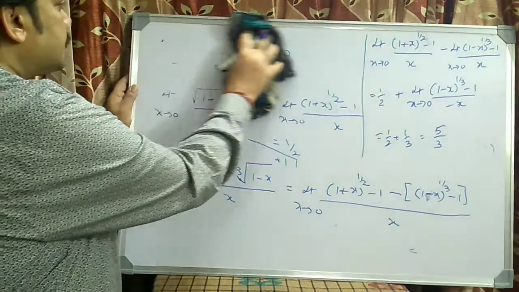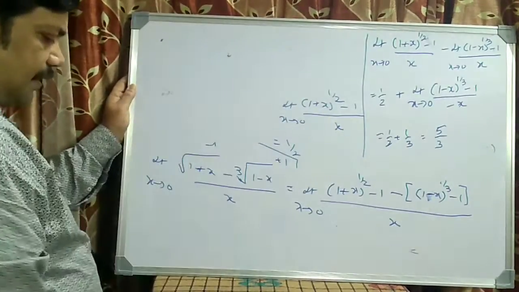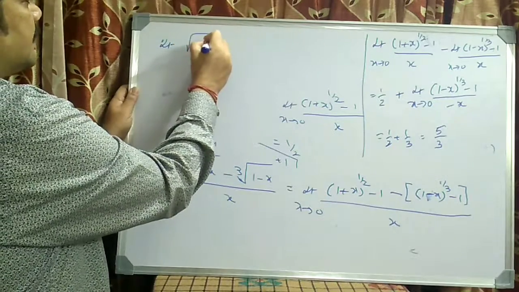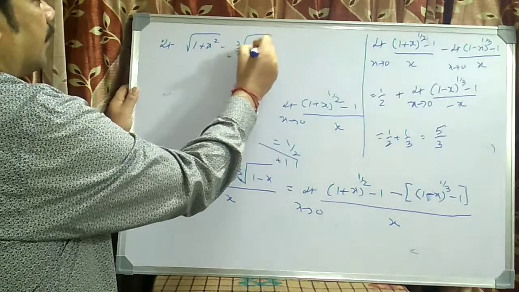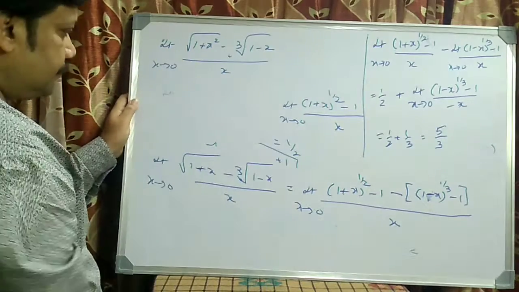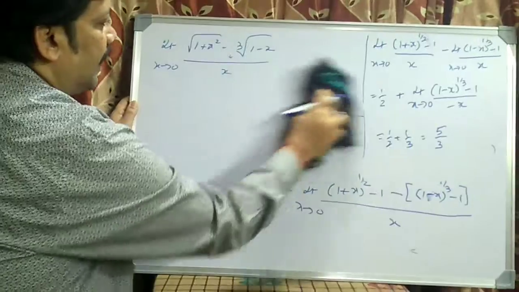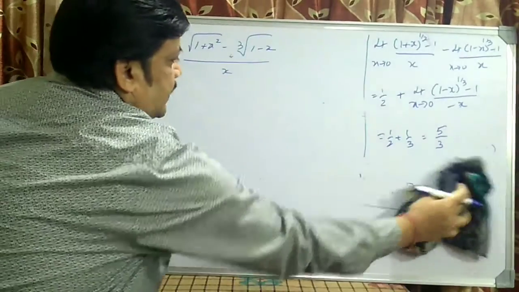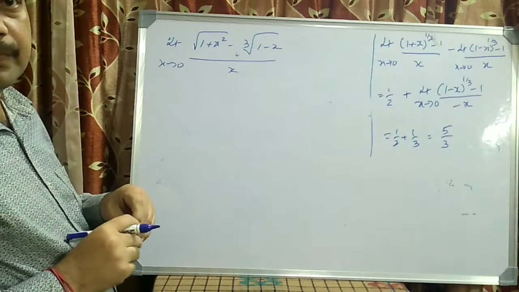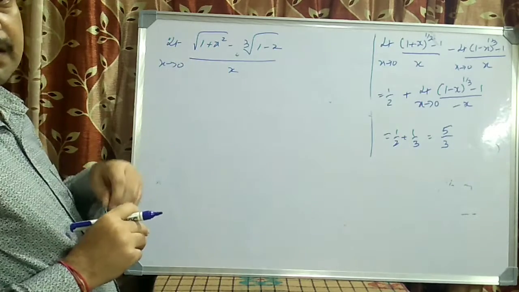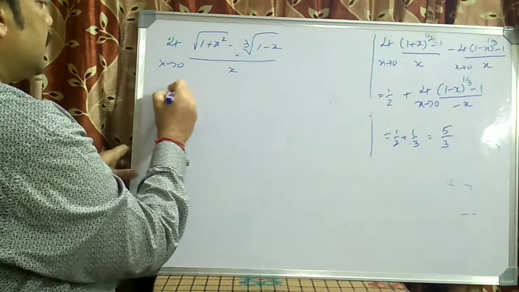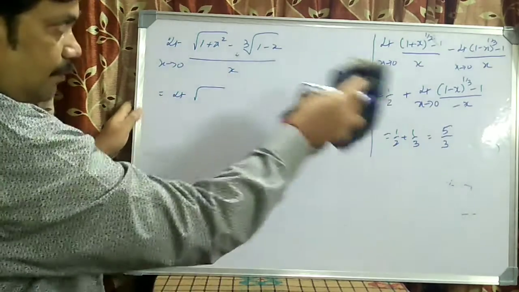That is when the powers of the terms are different. Like this, see this please. Limit of square root of 1 plus x square minus cube root of 1 minus x, divided by x, as x tends to 0. I don't think in the JEE Mains examination people are going to this much depth, because this will be confusing for the student. But I explain in a simple way. As I told you, I am converting this to my regular model in that way.